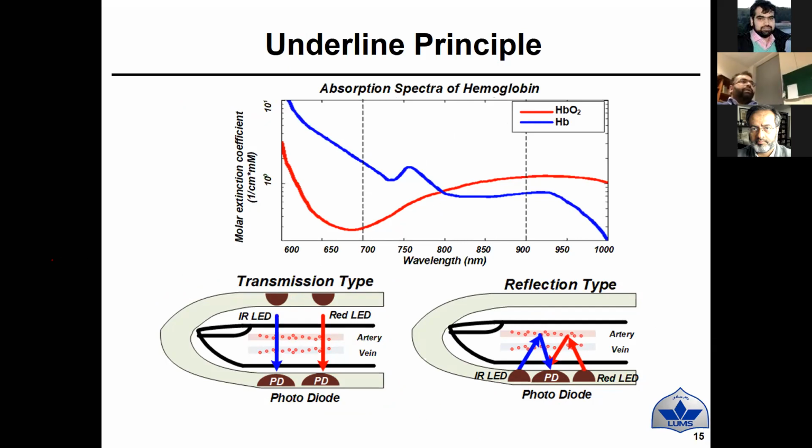The underlying principle is basically कि ये होता ये है कि for oxygen concentration what we do, we normally use two light sources, different wavelength के. Normally हम लोग red use करते हैं wavelength और एक infrared use करते हैं, because at different wavelength different light is going to be absorbed, and based on the ratio of those different absorption of light, we try to find the oxygen concentration in your blood, which is basically nowadays all SpO2 जो measurements हो रही हैं वो इसी तरह हो रही हैं.